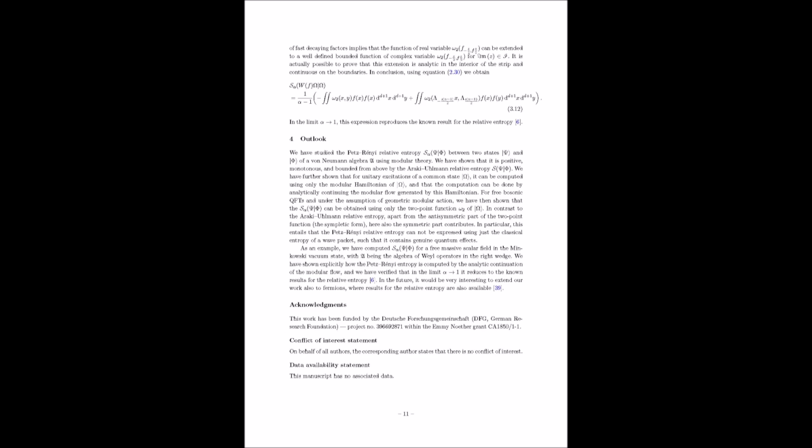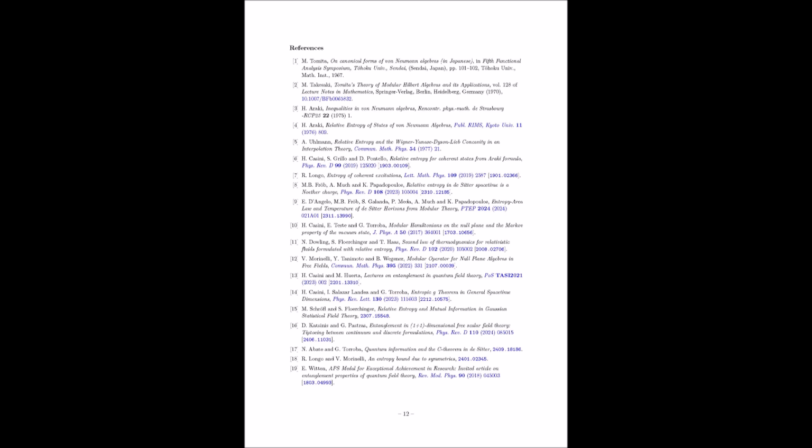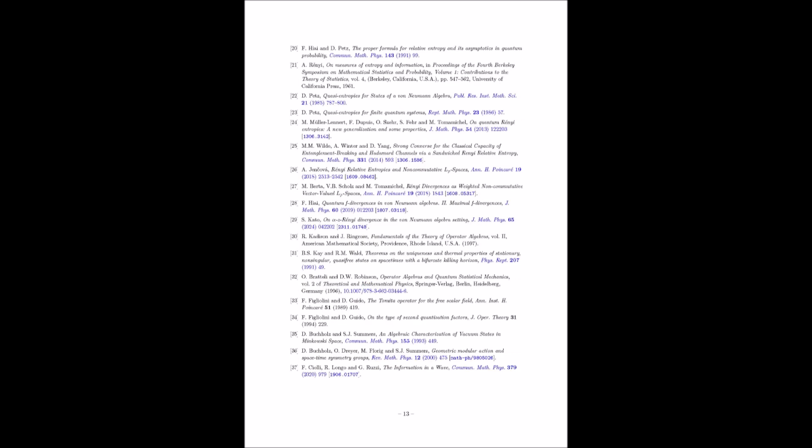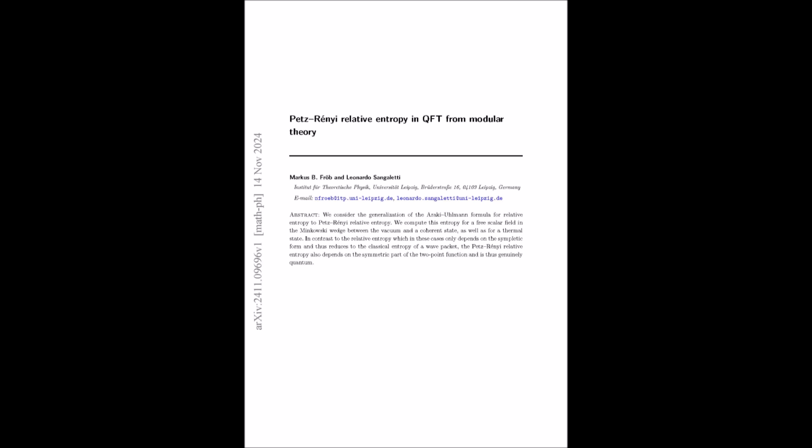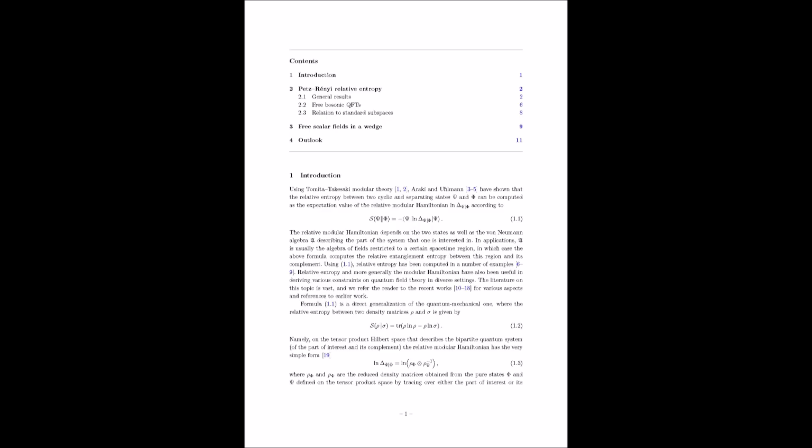It really is. And that's why extending the framework of Petz-Rényi relative entropy to fermionic systems is so exciting. It could open up a whole new world of understanding. It's like we're taking a tool that's been honed to perfection on one type of system and applying it to a completely different beast. Exactly. Who knows what kind of hidden patterns or unexpected connections we might uncover? It could revolutionize our understanding of materials like superconductors, where the electrons behave in such bizarre ways. Absolutely. And it could shed light on topological insulators, these strange materials that conduct electricity only on their surface.